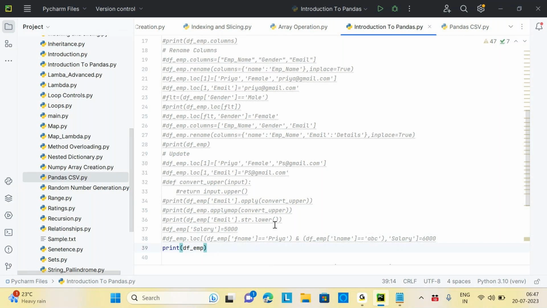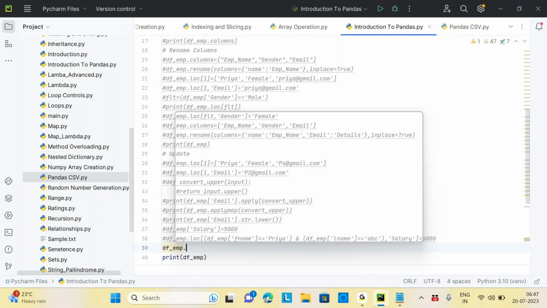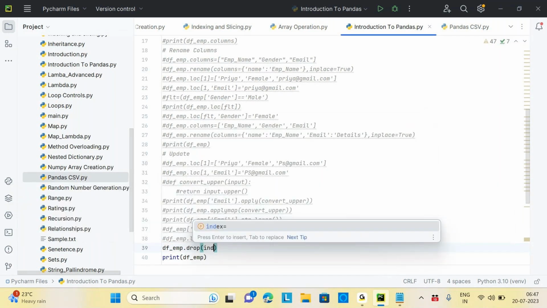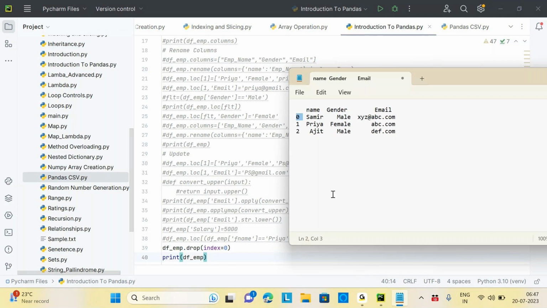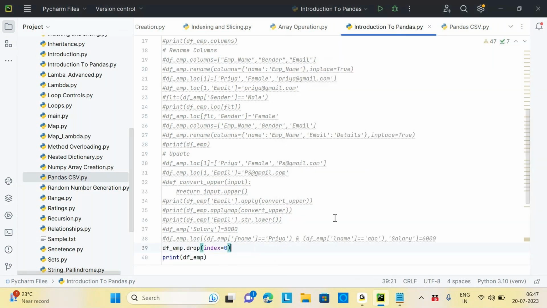Suppose you want to drop a column, you want to delete a column. So drop is very simple. In pandas, like df_employee.drop, and you want to say index equals 0. I will come to that in tomorrow's class. I will show you how to get the duplicates and drop them in a different way also. But right now, just go with the index method. Index equals 0, so you just drop it. That's it. Now if I run this,